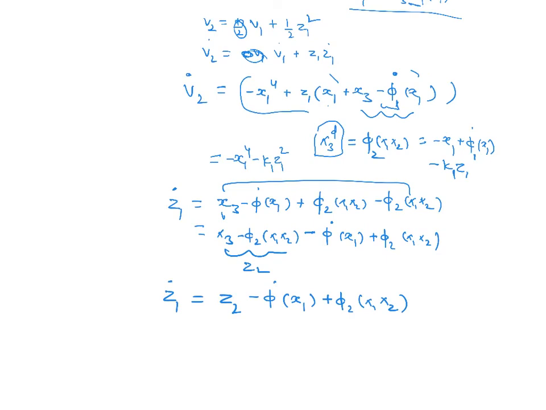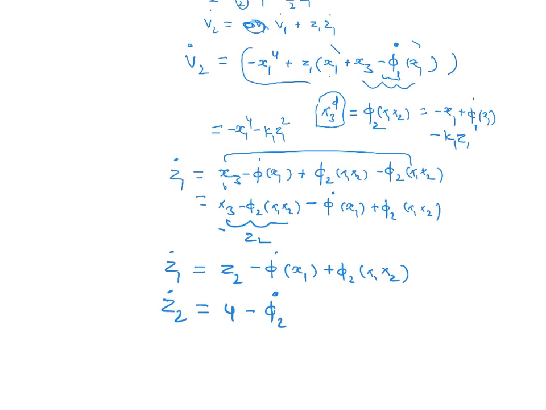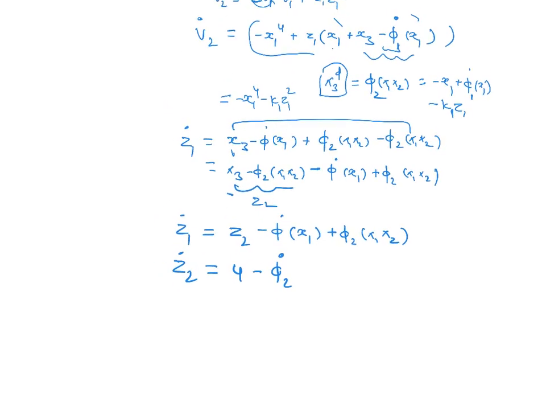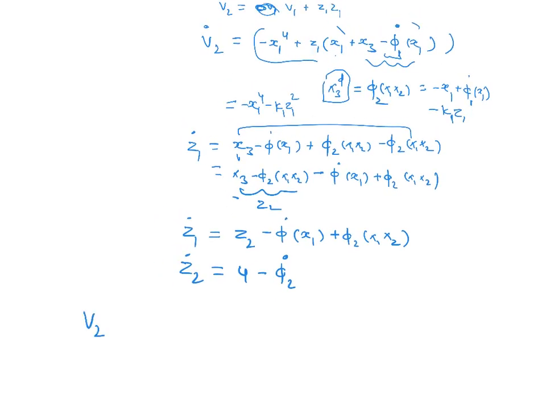So now that's the case, and what is z2 dot then? z2 dot is, this time z2 is this, so this is x3 dot, which is u minus phi 2 dot. Okay, simple. So now we have new equations of motion, and our v2 dot also can be written in this term. v2 dot is now